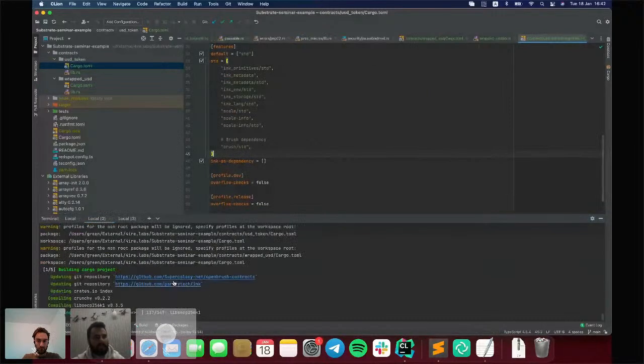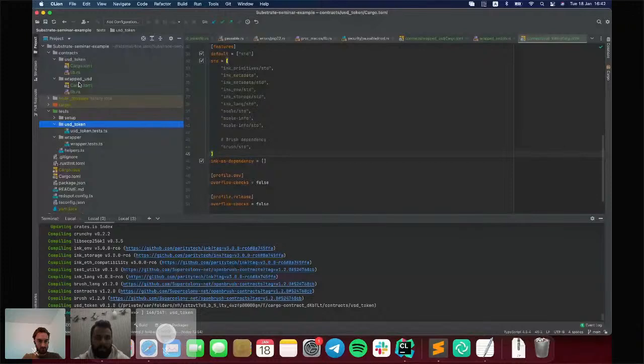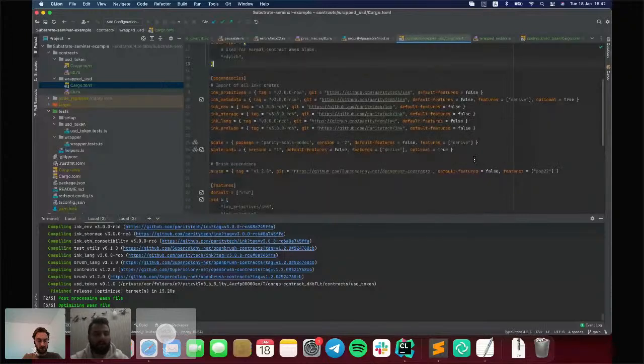Yeah, it started the build process for integration tests. Okay, let's continue with wrapped USD. We will check how our test build goes. For this wrapped USD, we do the same steps.